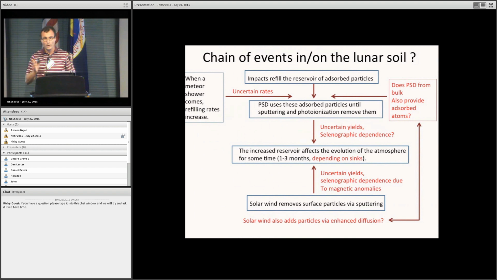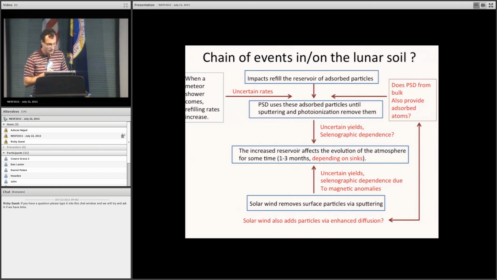So this is a flow chart of the processes that generate the atmosphere, as well as a flow chart of the model, from which I'll be showing results. You can assume that impacts refill the reservoir of these adsorbed particles by vaporizing rocks. And obviously, when a meteor shower comes in, you expect those refilling rates to be higher. It is unclear whether UV photons can also excite material directly from minerals and from rocks. But most of this vapor that we introduced either way falls back to the surface,